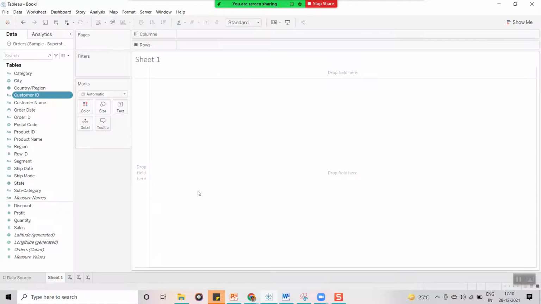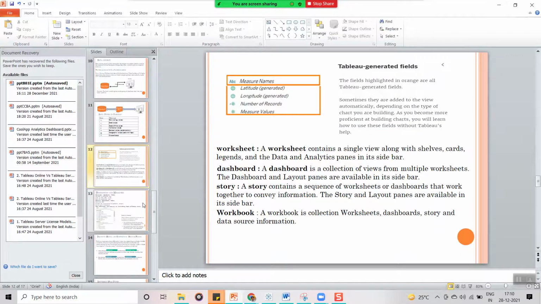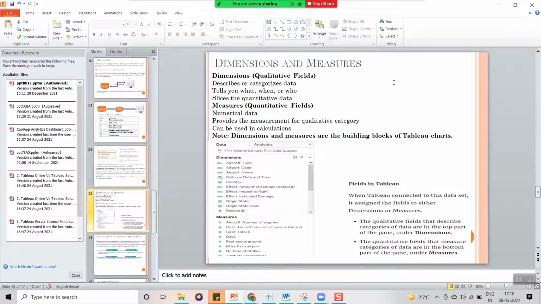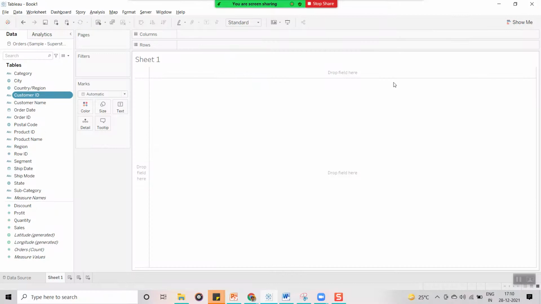Now we will see what is meant by dimension and what is meant by measure. Generally, all dimensions we are going to call qualitative fields, and all measures we are going to call quantitative fields.